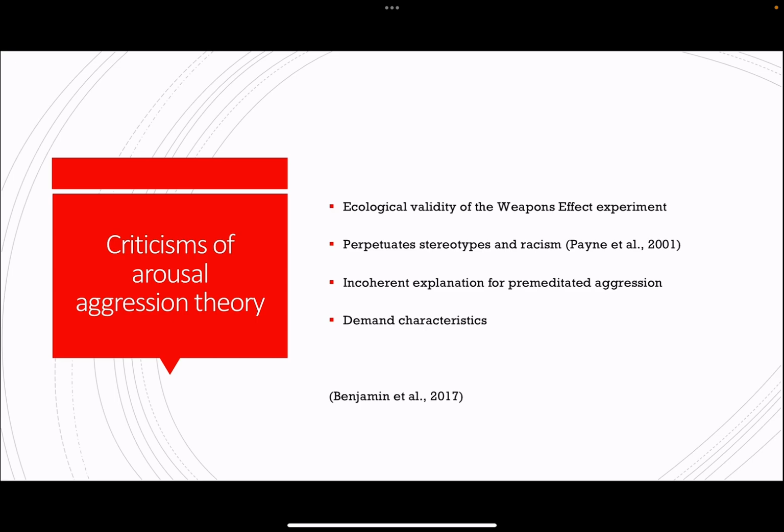Criticisms of this theory include that the study may lack ecological validity. There is a lack of generalizability of the experimental findings in real-world situations. Furthermore, there is the risk of demand characteristics in this experiment. If participants are aware of what the hypothesis is, then they act according to what researchers are trying to find, thereby undermining the accuracy of the experimental results. This was found in the experiment by Simmons and Turner, 1976, that addressed these participant concerns.